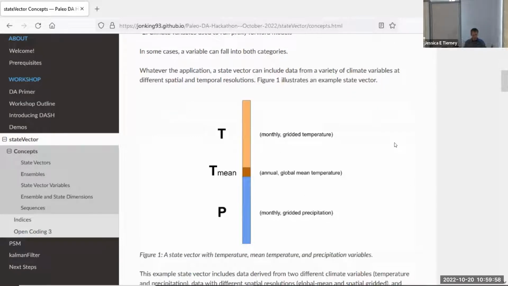But whatever your application is, your state vector can include data from a variety of different climate variables at different spatial and temporal resolutions. You can have variables from different data catalogs. You might have something from an atmospheric model, but also from an ocean model component. Also possibly different time intervals. So what I've tried to illustrate here is